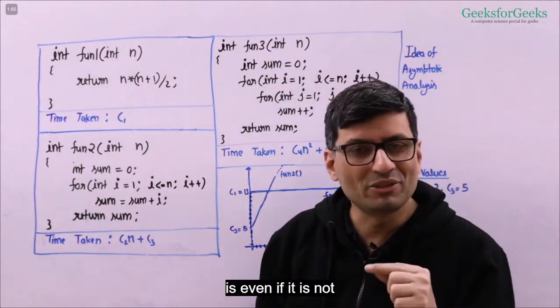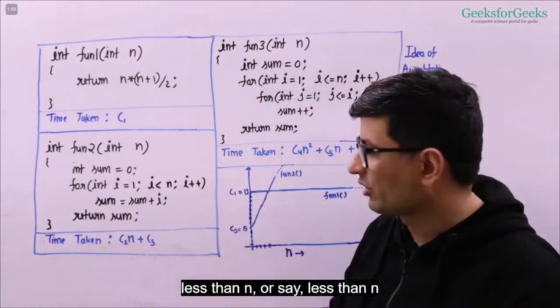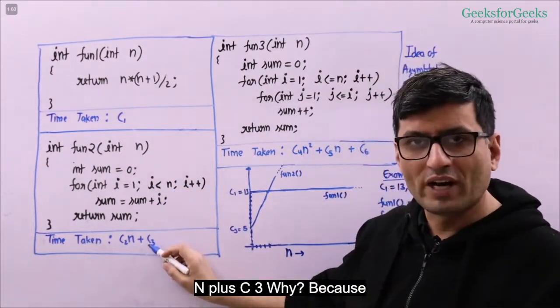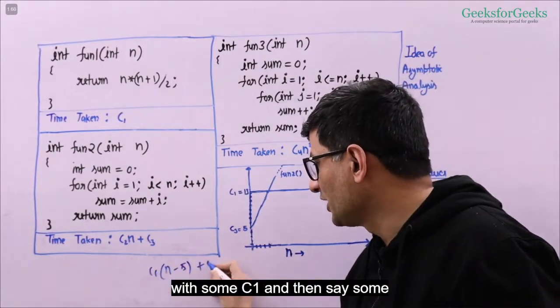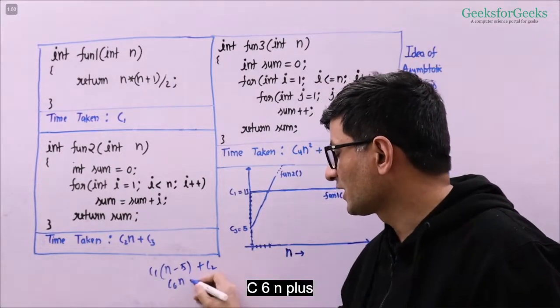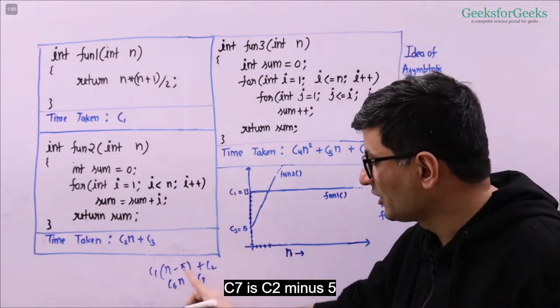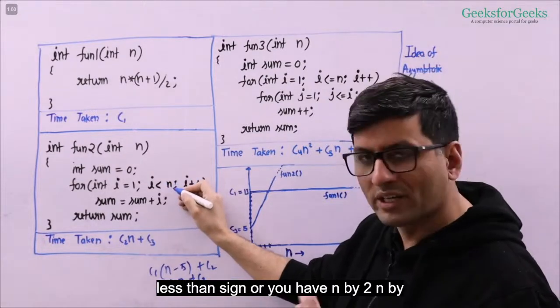Now one interesting thing is, even if it is not exactly n times, even if I write this as say less than n or say less than n minus 5, even in those cases, I can write the time taken as C2n plus C3. Why? Because if I write n minus 5 times with some C1 and then some C2, I can rewrite this with new constants, say C6 and C7, as C6n plus C7. Now C6 is the same as C1 and C7 is C2 minus 5C1. So even if you have a less than sign or you have n by 2, n by 3,